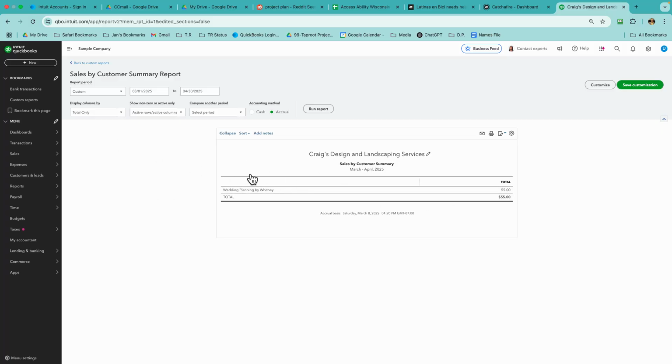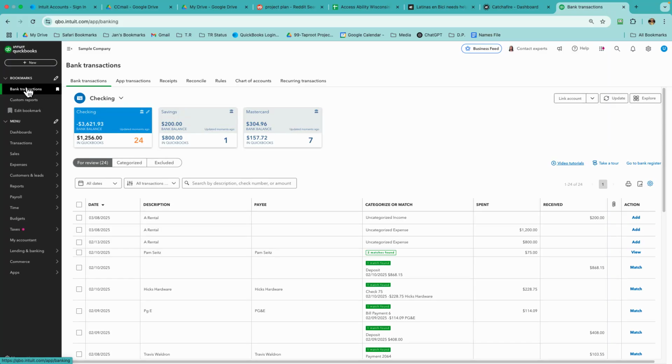This is very important if you do not want to have to go back through and identify all of the sales or donations for, in this case, Wedding Planning by Whitney. Makes your life a whole lot easier. Anyway, that's it. So my recommendation is that when you go to bank transactions, if you have a donation from somebody or any kind of income